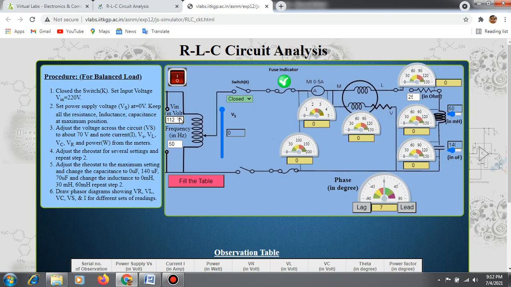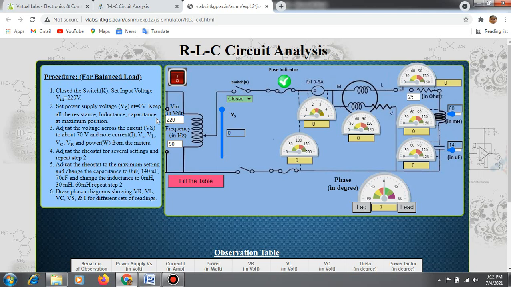You just click the backspace and enter 220. Now we have set the voltage Vin as 220 volt, and next you have to set the power supply voltage Vs at 0 volt and keep all the resistance, inductance and capacitance at maximum position.